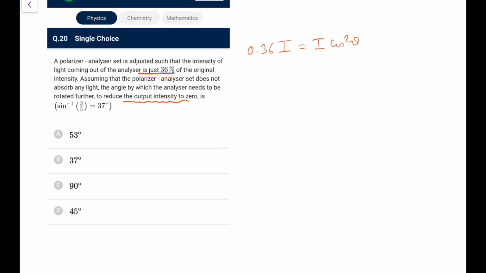So if I take only the analyzer, the analyzer is doing 0.36 of the I, and that would be equal to I cos square theta. So cos square theta comes out to be 0.36, so cos theta comes out as 0.6. So theta in that case comes out to be 53 degrees. Now to make it 0, you need to have angle 90 degrees, so further 37 degrees required. So that is how you can do. But again, if you take the original to be unpolarized and start with I by 2, it will become 2 times, and then the question will not be that easy to solve. So I'm doing it like that, though I'm not satisfied with the way, but let it be.